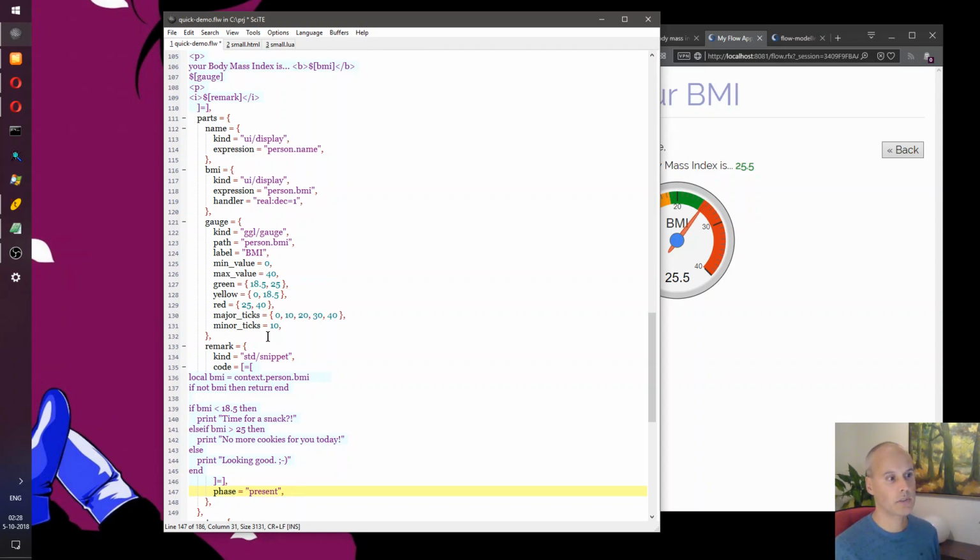When the page is produced, it's in present phase. When values are processed, it's either in processing phase or in what we call respond phase. But since this is something that we'd like to have included in the page, I've specified it like this.